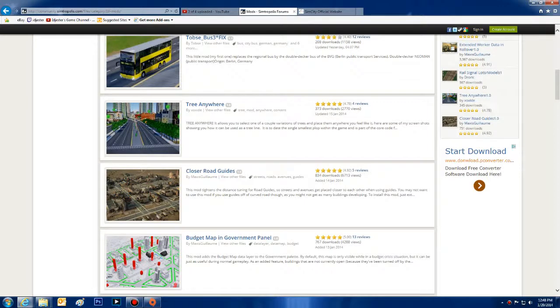So maybe we want to install this mod. What we're going to do then at this point is just click on the blue link there in the title, or if we wanted to do Closer Road Guides, we can click on that spot there. But let's just assume we're going to do Trees Anywhere, and we're going to click on that, and it's going to take